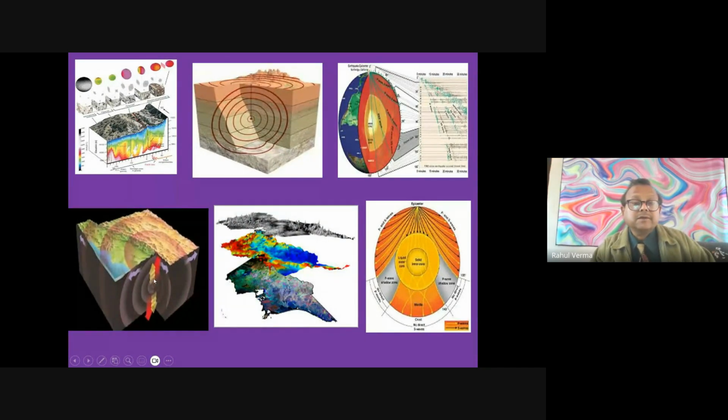Whenever an earthquake takes place, there is a focus, meaning where the earthquake originated, and there is an epicenter. Epicenter means the center on the surface. So now you can see earthquake waves, primary and secondary. Some do not travel inside liquid. So seismic waves can tell you about the structure of the earth, where we have solid, where we have liquid.